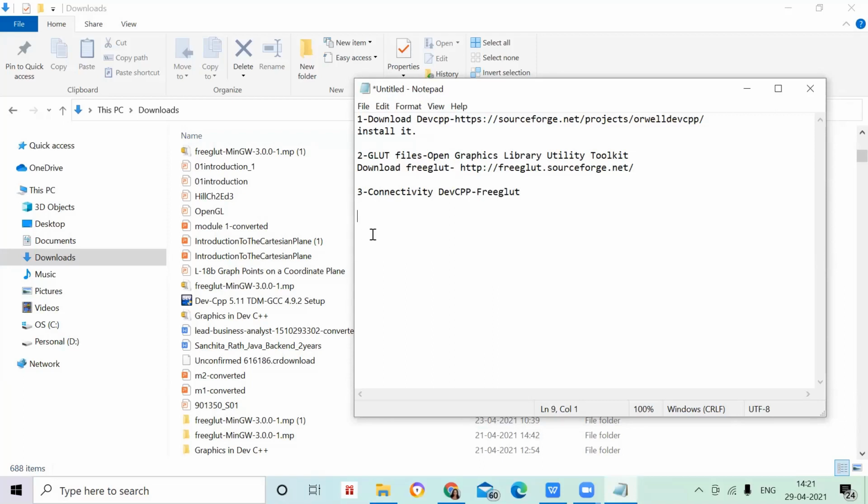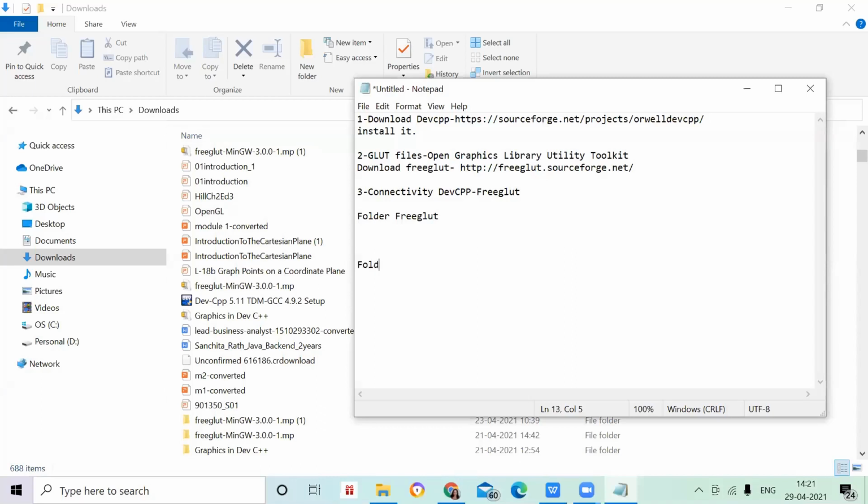So how am I going to do it? First you have to open the folder called freeglut. You should have the freeglut folder here. This is one. Just open one more folder, which one?